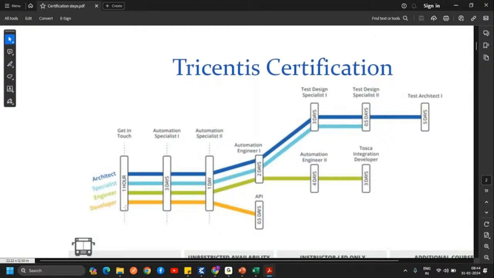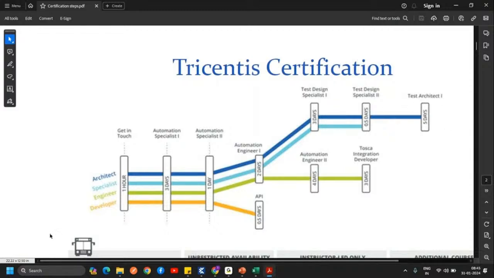This path will lead you to a test automation developer, then test engineer, architect and integration level, and test automation specialist. This path is the test architect path: AS1, AS2, AE1, AE2, Tosca integration developer, TDS1, TDS2, and test architect.